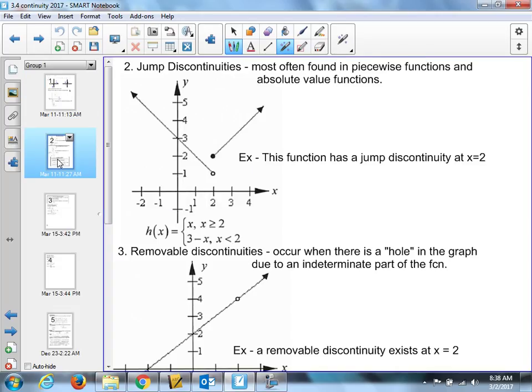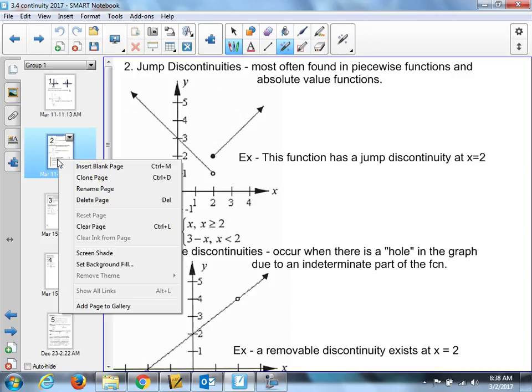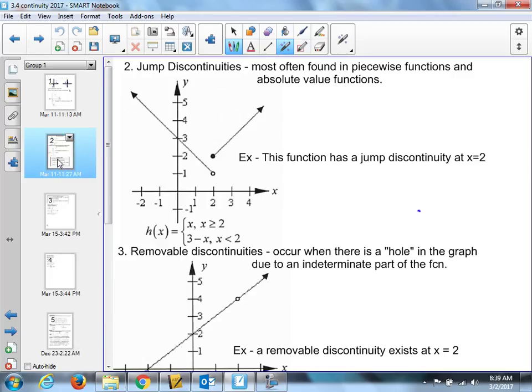Then, second type. Jump discontinuities. Piecewise functions and absolute value functions sometimes, depends how it's built. So, I think it's pretty simple to see with the picture. Jump. You see why it's called a jump, right? Okay. Not as simple if you're just given this, but typically, if you look